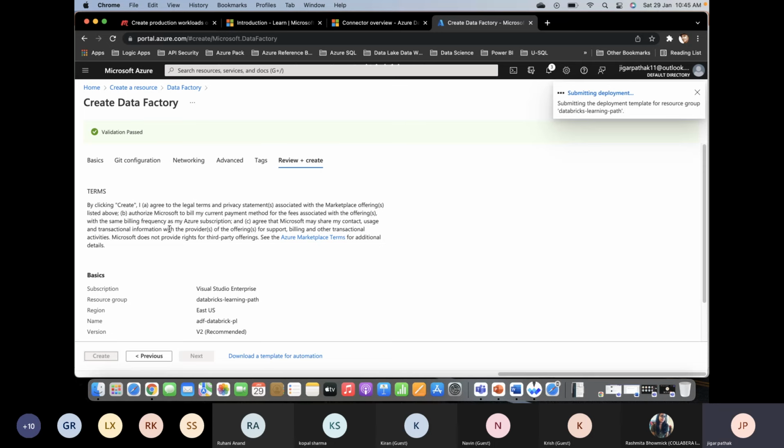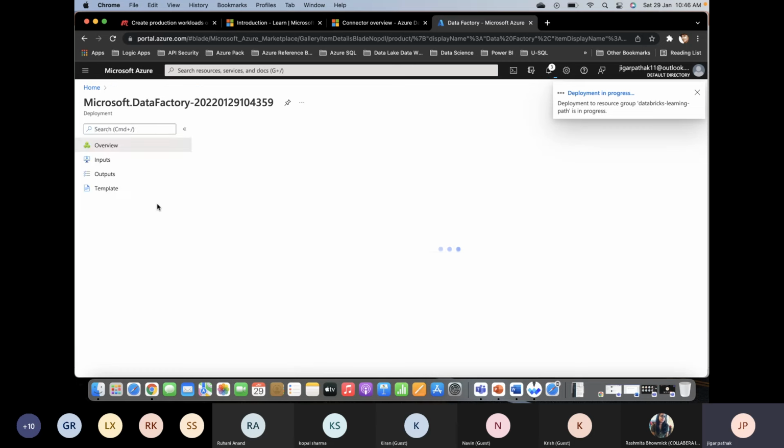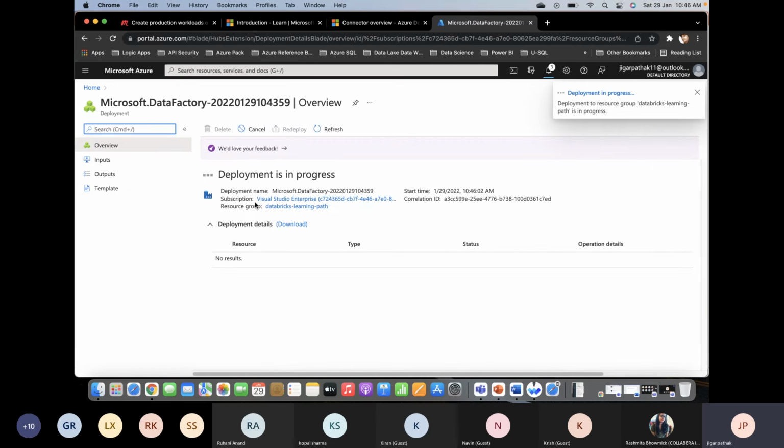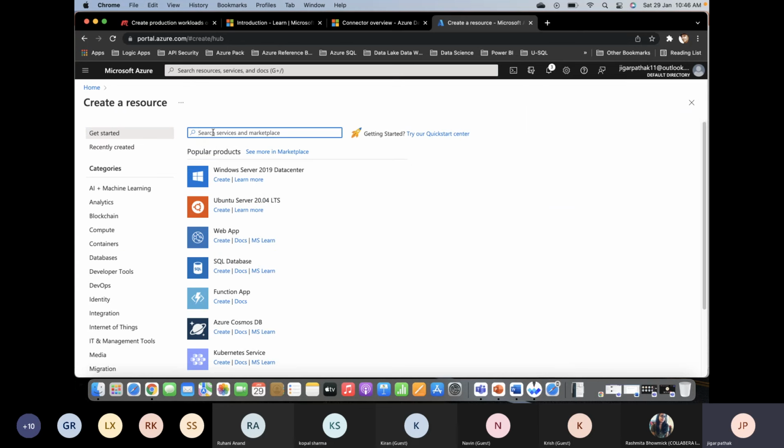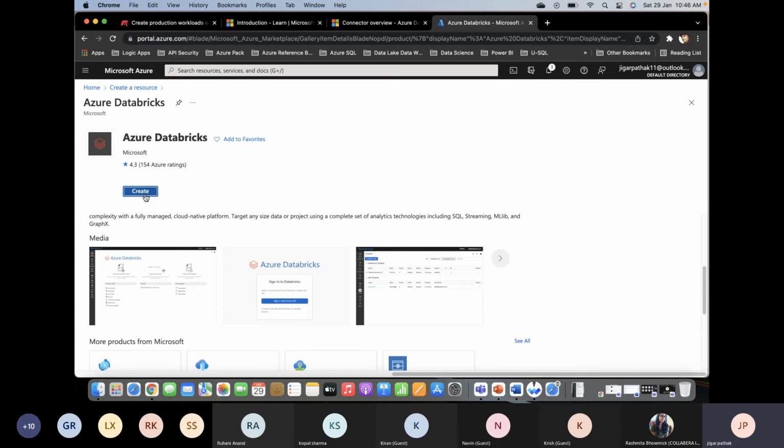Now, let's do one thing. Meanwhile, the data factory is getting created, we will also create a particular component, Databricks, as I mentioned that we wanted to create that combination, creating a data factory pipeline integrated with Databricks activity along with that notebook, and then we can continue with the processing. So meanwhile, this data factory gets created, we will go ahead and say Databricks. So here I'll say create,